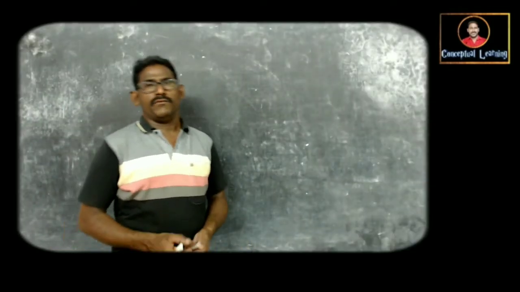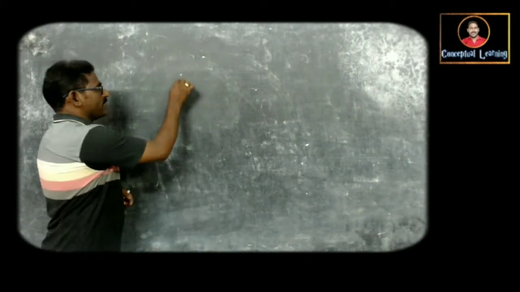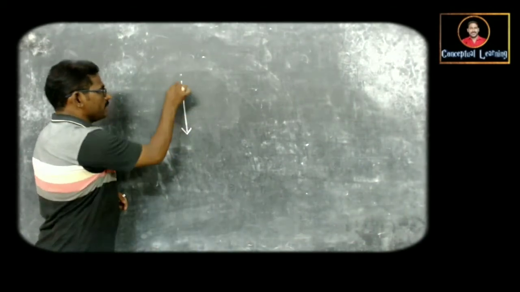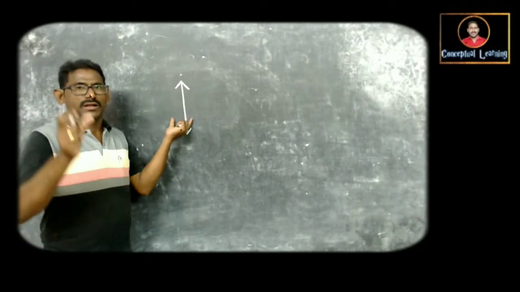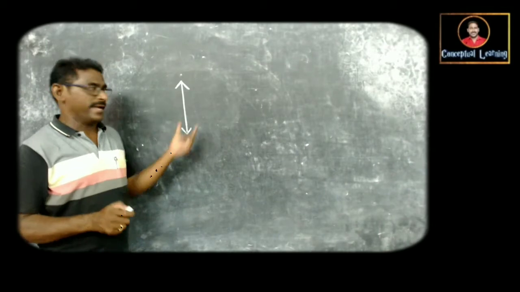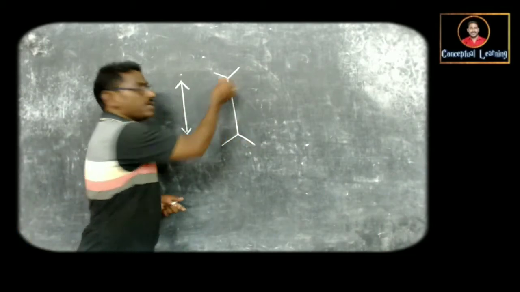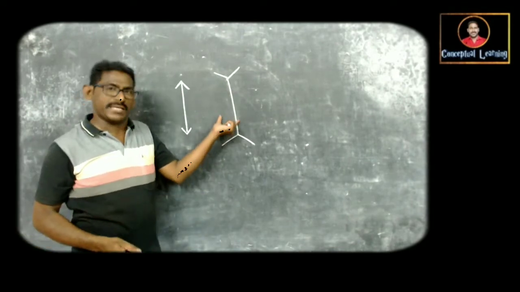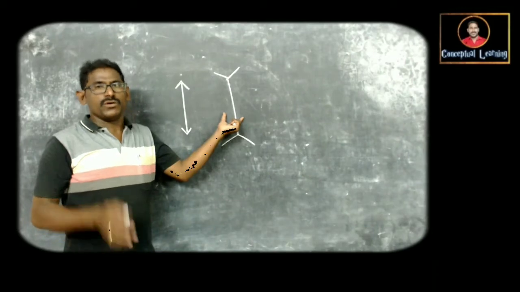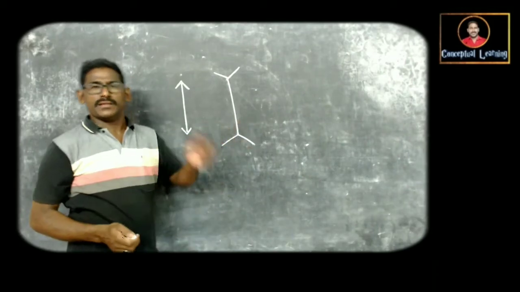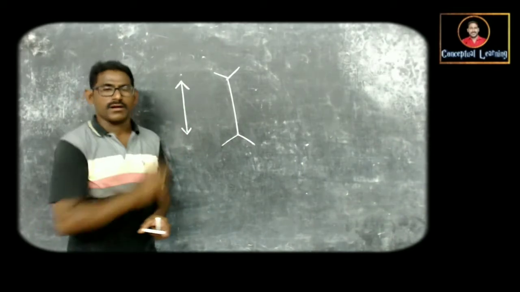So, for the ray diagrams, we use the convex lens as this type. This is the symbol used for convex lenses in ray diagrams. In the same way, this is the symbol used for representing the concave lens. This is the convex lens and this is the concave lens. We use these two symbols in the drawing of the ray diagrams for convex and concave lenses.